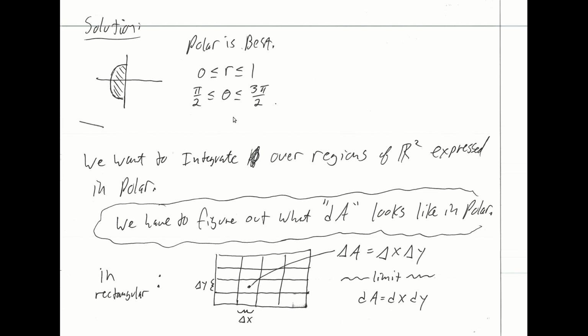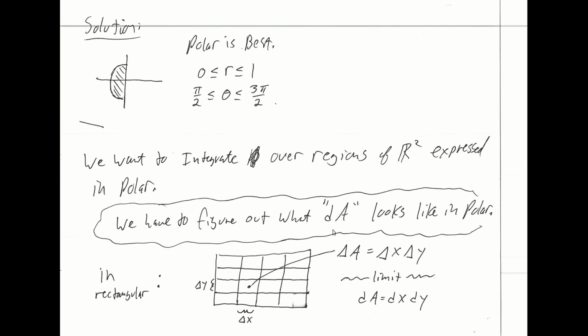Ultimately, we want to begin to integrate over regions expressed in polar. It's nice to be able to describe regions, but this is a chapter that we are studying on multiple integrals, multiple dimensional integrals, and so the goal is to be able to integrate over regions when those regions are expressed in polar. And in order to do that, we have to figure out what the dA expression looks like in